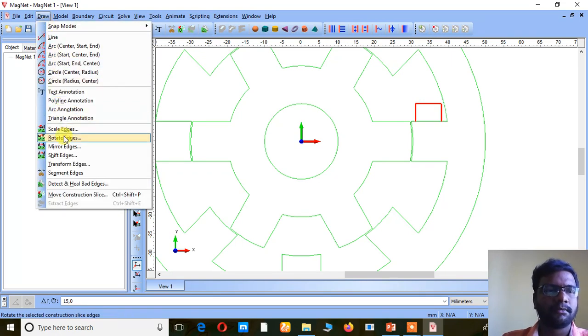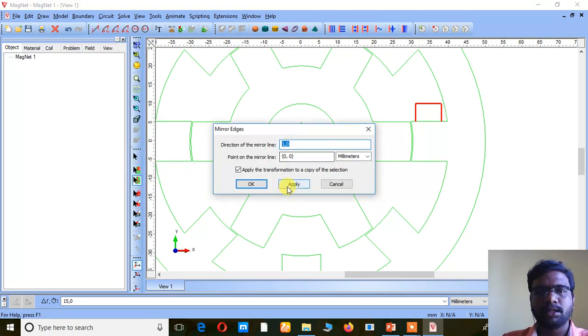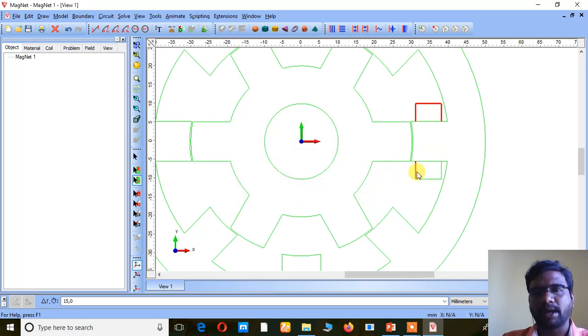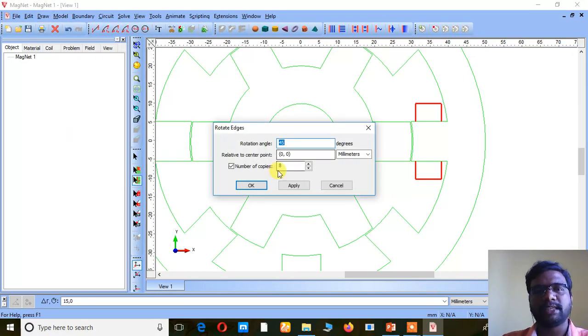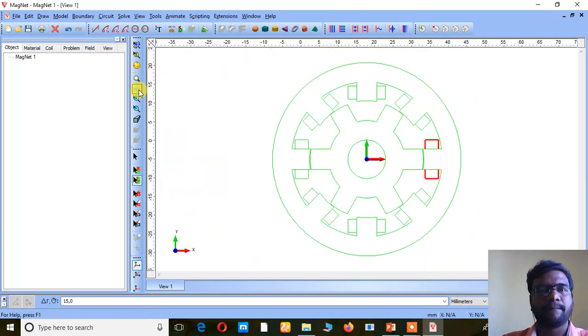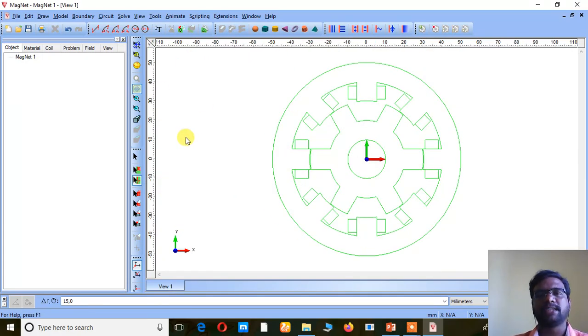Then draw, mirror it, this 1, 0. So now again I am going to rotate this one. Now the same value as for the stator applies here, right? So now the sketch for our machine is ready. The sketch for our machine is completed.